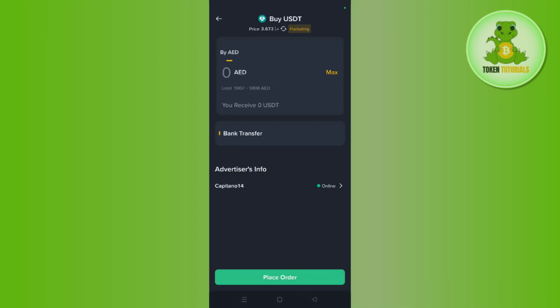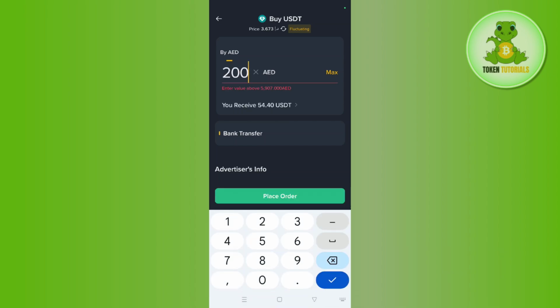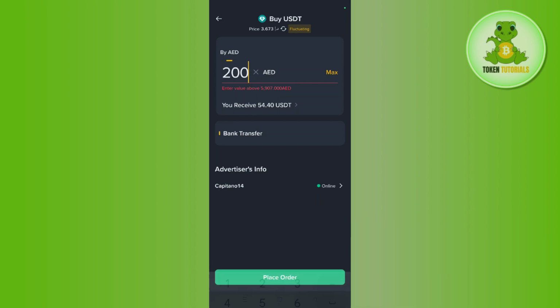Then enter the amount of AED here which you want to purchase. Again, it is going to show you the equivalent amount of USDT that you are going to get. Then tap on this bank transfer option. Then tap on the place order option. And this way you can purchase or deposit your USDT in your Binance account with the help of these